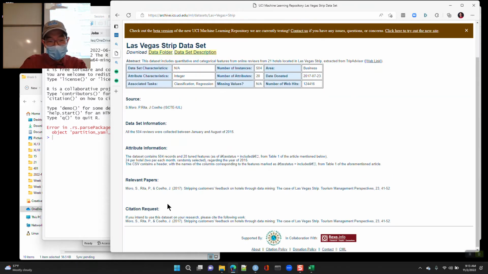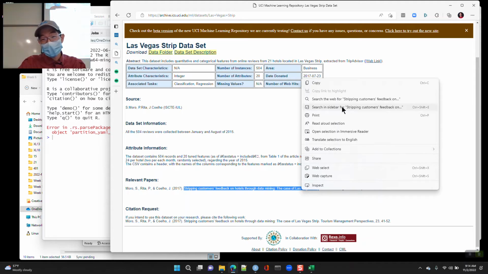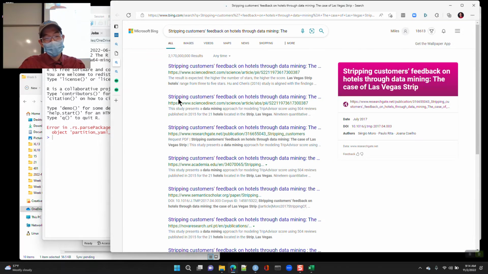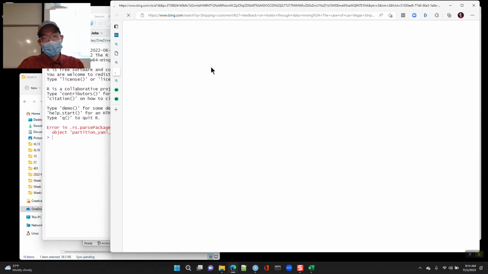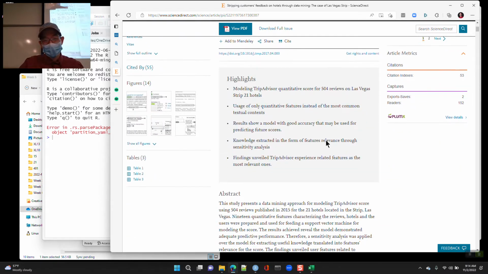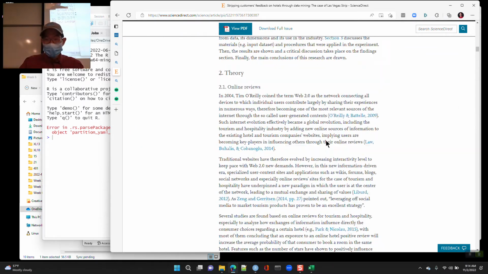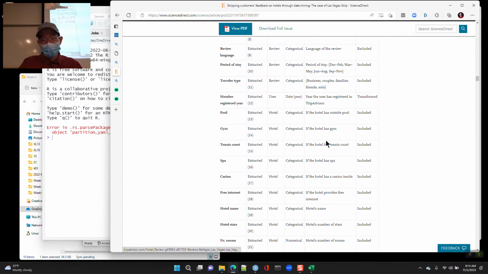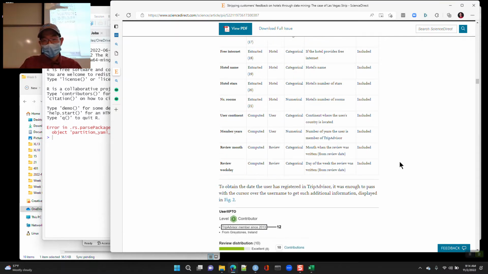Here it is, okay, and you can look up this paper. There's all kinds of different academic journals, and apparently there's an academic journal for hotel management practices. Tourism Management Perspectives. I guess people in the hospitality industry write articles, and this is kind of an academic thing. We're not going to read through this thing, but they talk about